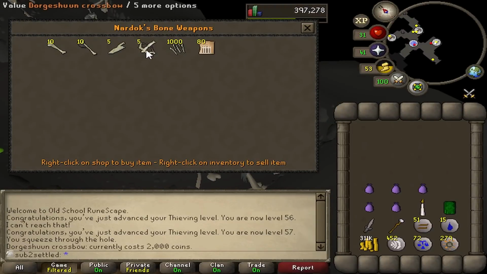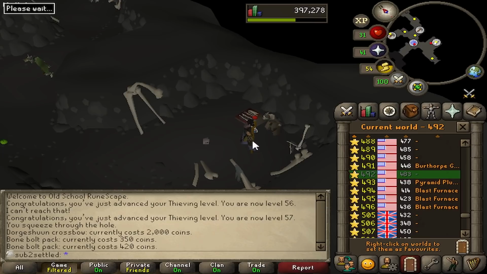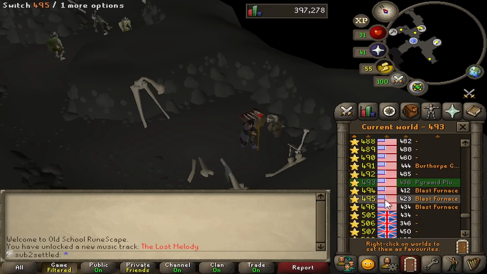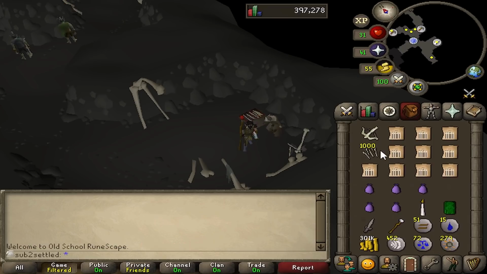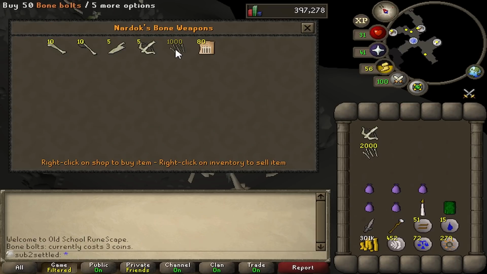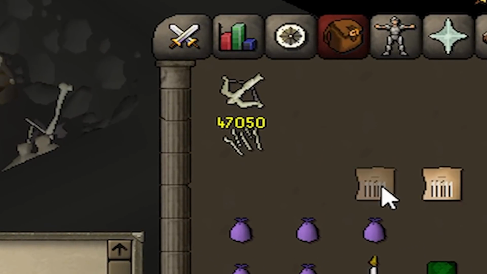Buying a Dorgishan crossbow, and now the question is, how many bolts do I buy? I have an unreal amount of money, and I honestly think I could get enough bolts to the point where I just won't need to pick them up anymore. It's not like I'm spending a ton of time here anyway, so I'm just gonna buy a lot of bolts so that I never have to worry about it, since it seems I kind of went overkill with the cash stack and didn't need as much money as I thought I would. So I don't know, man. I don't know if this is enough bolts. You know,